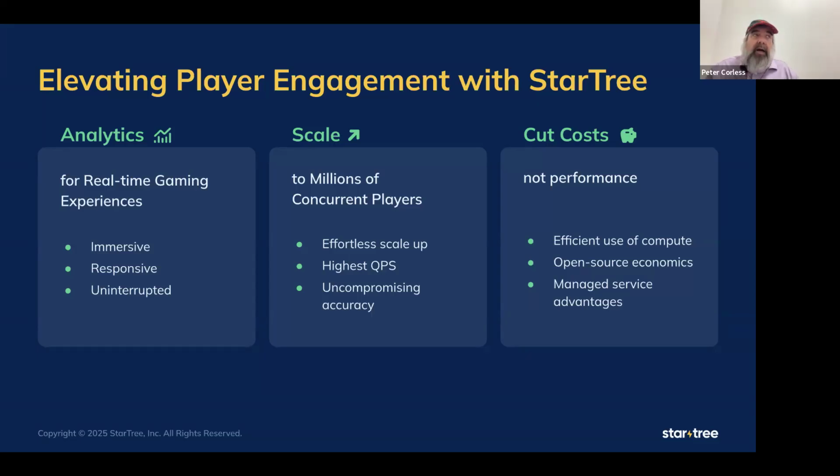And then, how do you cut costs? Pinot manages it, and then StarTree above manages it by having tiered storage. With StarTree Cloud, you can actually use Amazon S3 or Azure Blob Storage or Google Cloud Storage to take the less